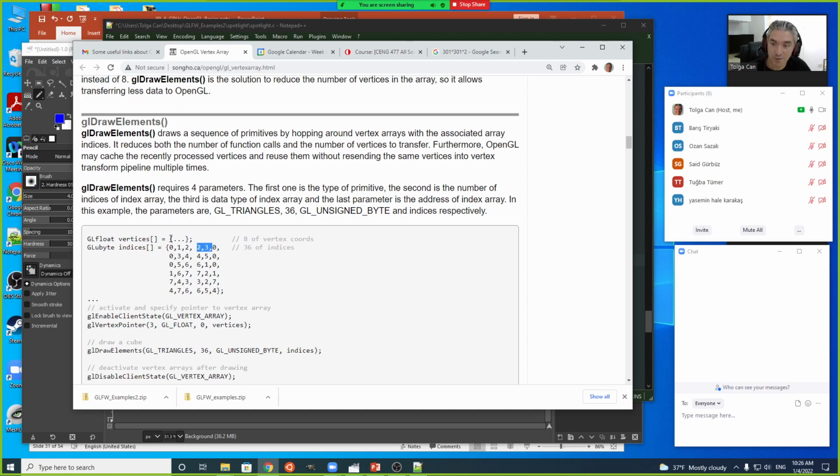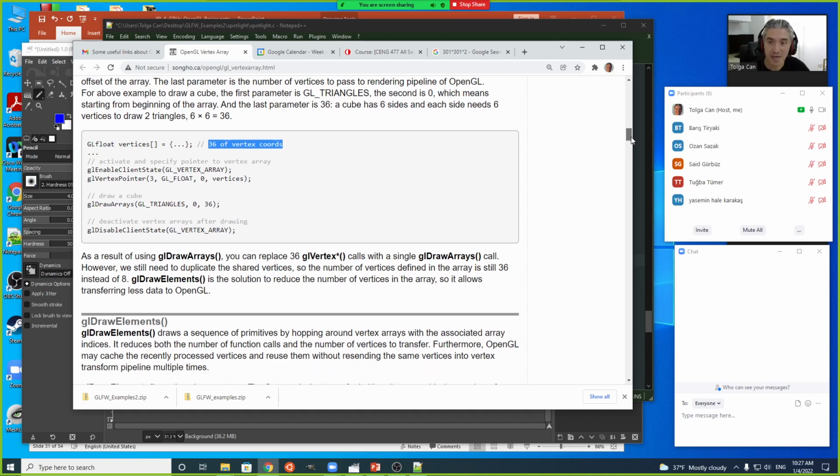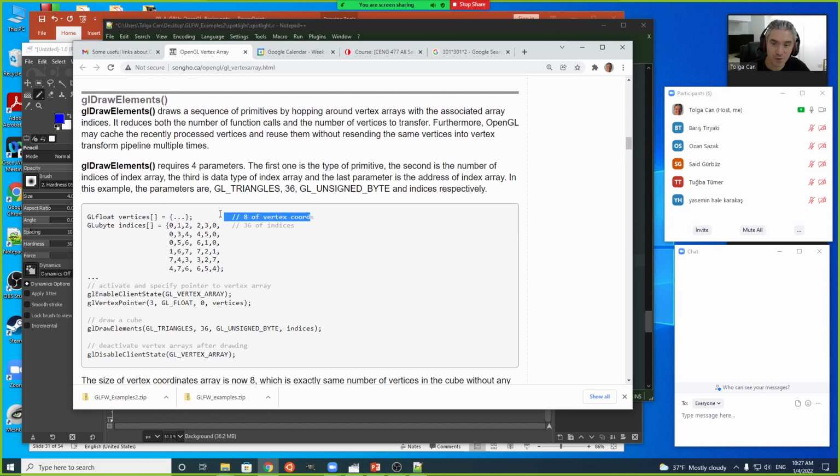Now there are 8 vertex coordinates because a cube has 8 corners, right? A cube has 8 corners. We just need 8 vertex coordinates. In this one, there are 36 vertex coordinates because we are going to be drawing triangles 3 by 3. So this vertices array contains 36 times 3 XYZ floating point coordinates. And here we just need 8 vertices, and then we can specify those triangles, with the vertices shared by different faces, and we can write our indices like this, just like this face index